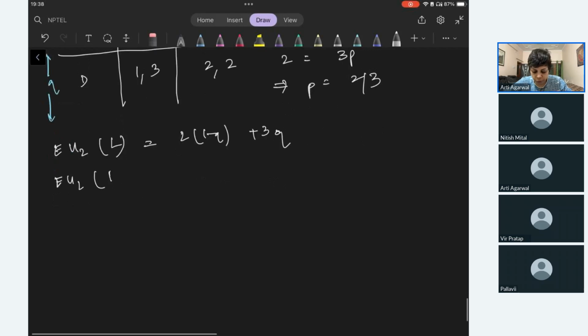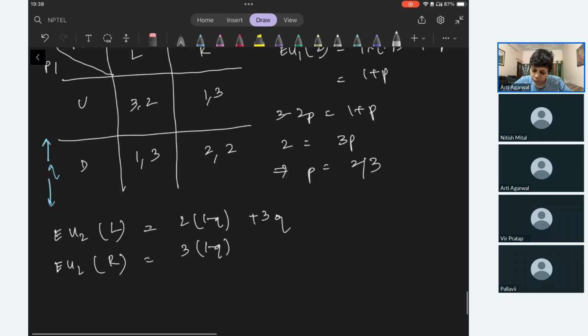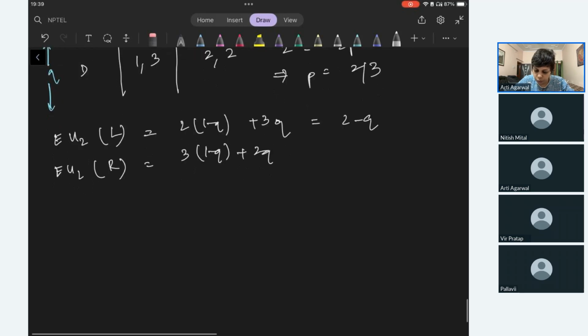Similarly, we write for R, P into 1 minus Q to Q. We simplify this to minus Q, sorry, plus Q, and 3 minus Q. And we equate both. And therefore, I'm just doing it very fast. You don't have to do it that fast if you don't want to. Take your time with it, but